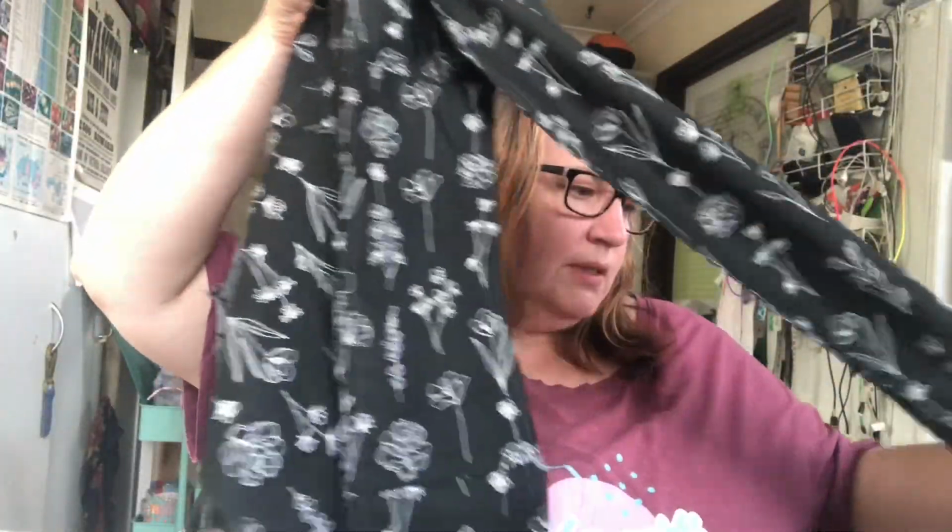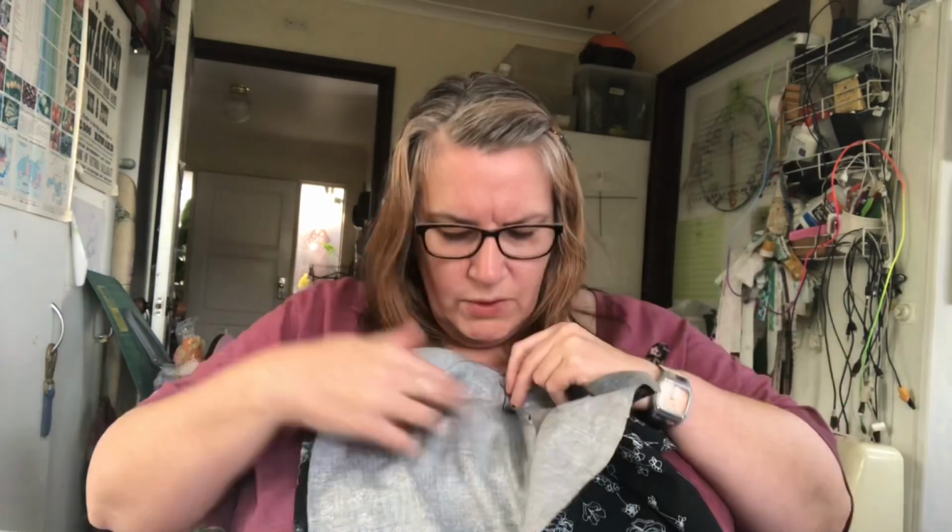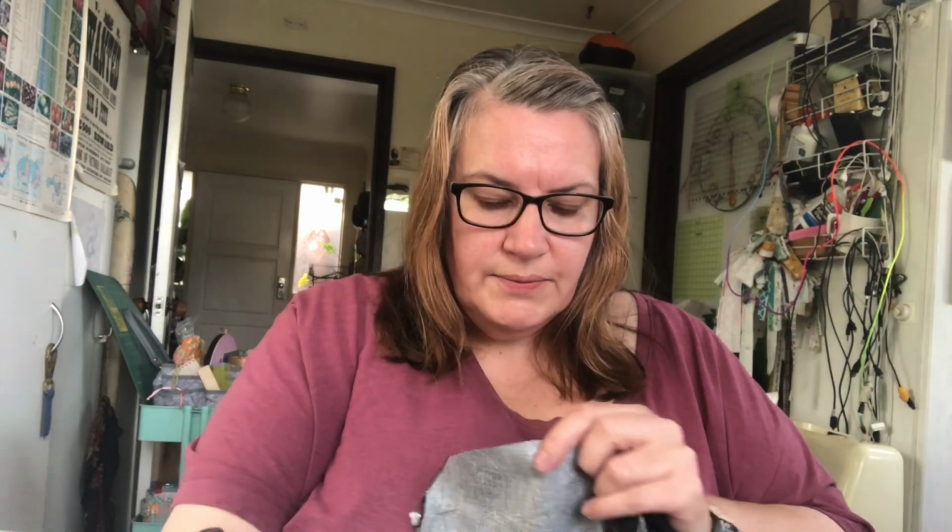to this side without having a turned handle. So how about if I try to match up the darts first, and one of them should have a pocket on it. So this has got the pocket. So in theory, this is the one that's going to have the turning hole. Is that the turning gap thingy? So I'm just going to put a mark like that to remind me not to sew there. I'm just going to pin around this because we want it to line up, and hopefully it will line up with the seams,